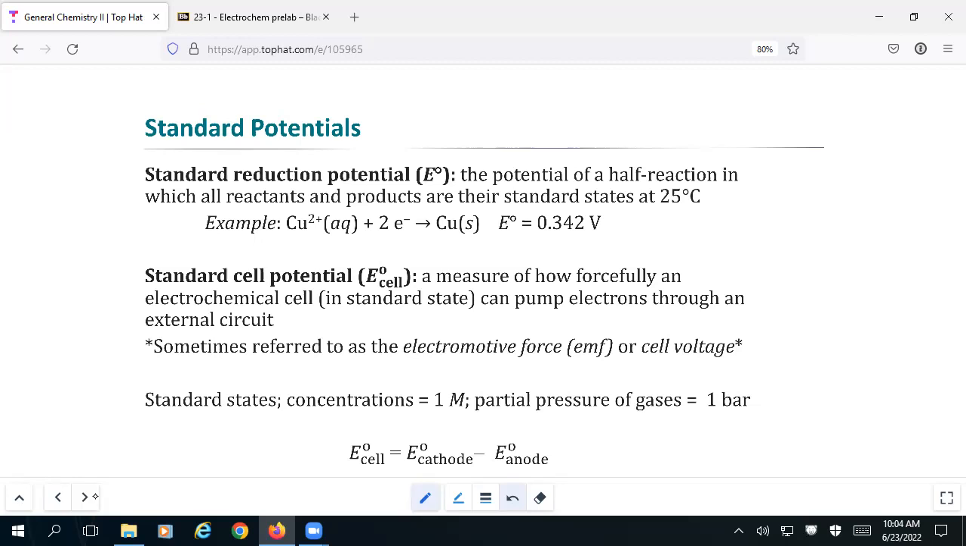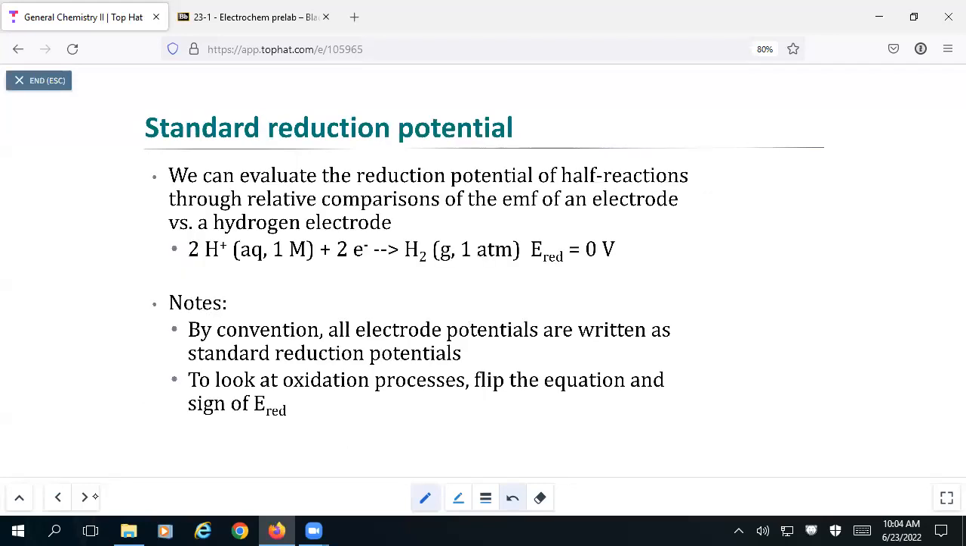And so what this allows us to do, I'm going to come back to standard cell potential in a second. We measured all of this relative to a standard. The standard that we use is something called the standard hydrogen electrode, SHE. The standard hydrogen electrode is our 0 point on the scale. And so what we do is we hook up these other cells to the standard hydrogen electrode and see where